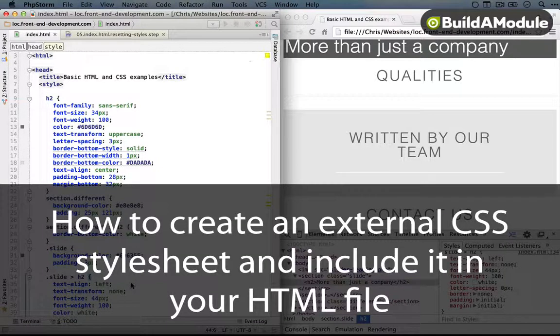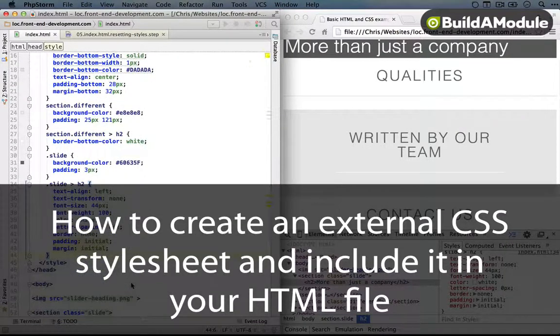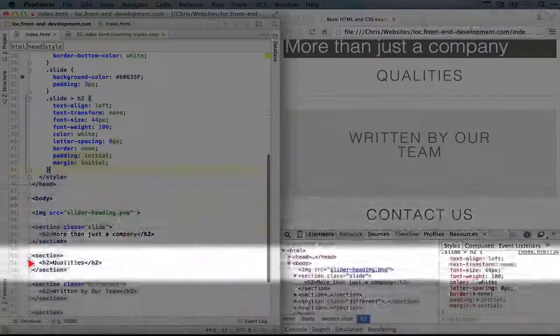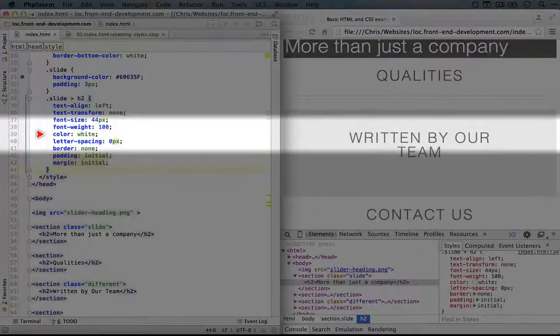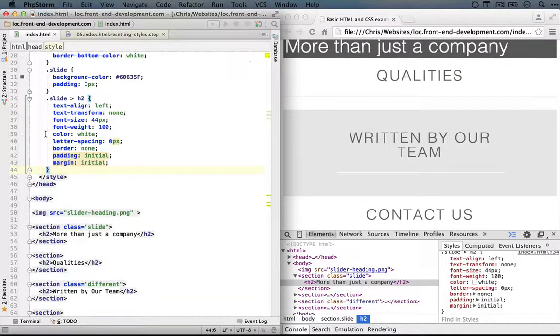At this point, our CSS is getting a little bit long, and we're having to do a lot of scrolling to go back and forth between our HTML and our CSS. So this is usually an indicator that it's a good time to separate out our CSS into a separate file. This will also help us see the final factor when it comes to determining hierarchy in CSS selectors.